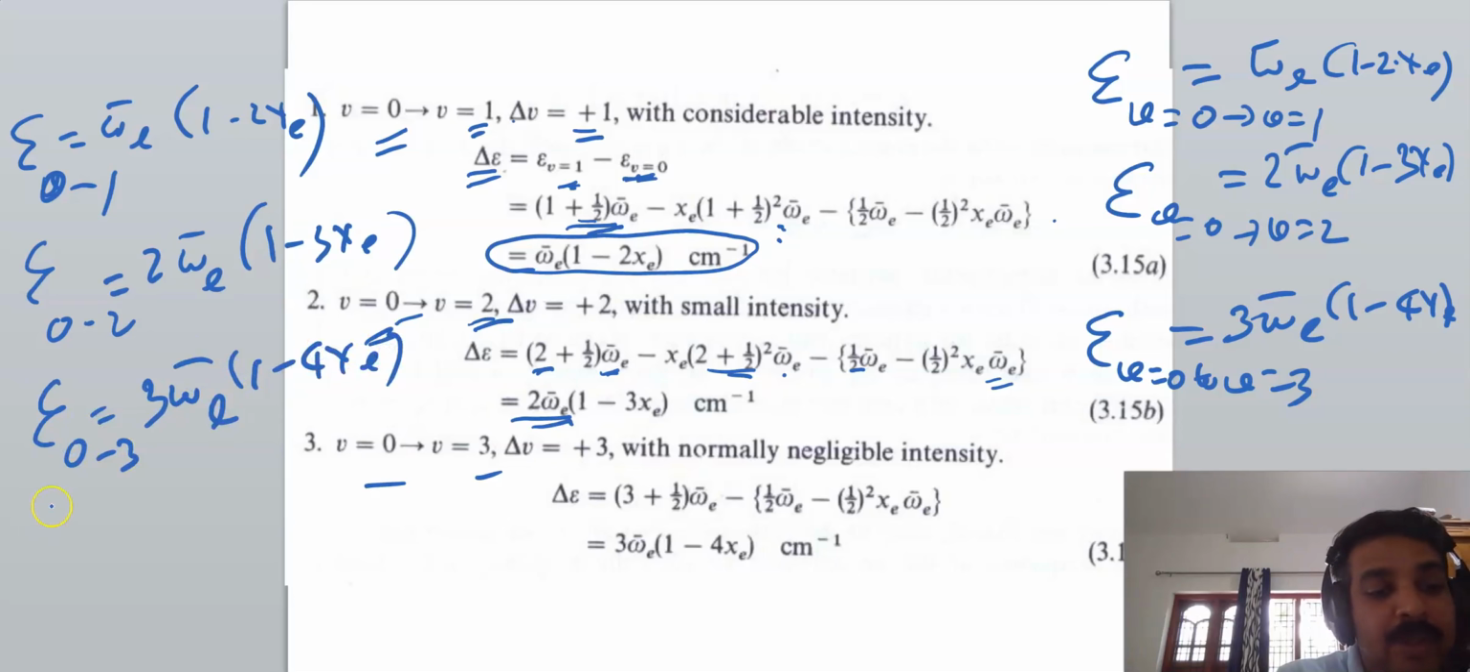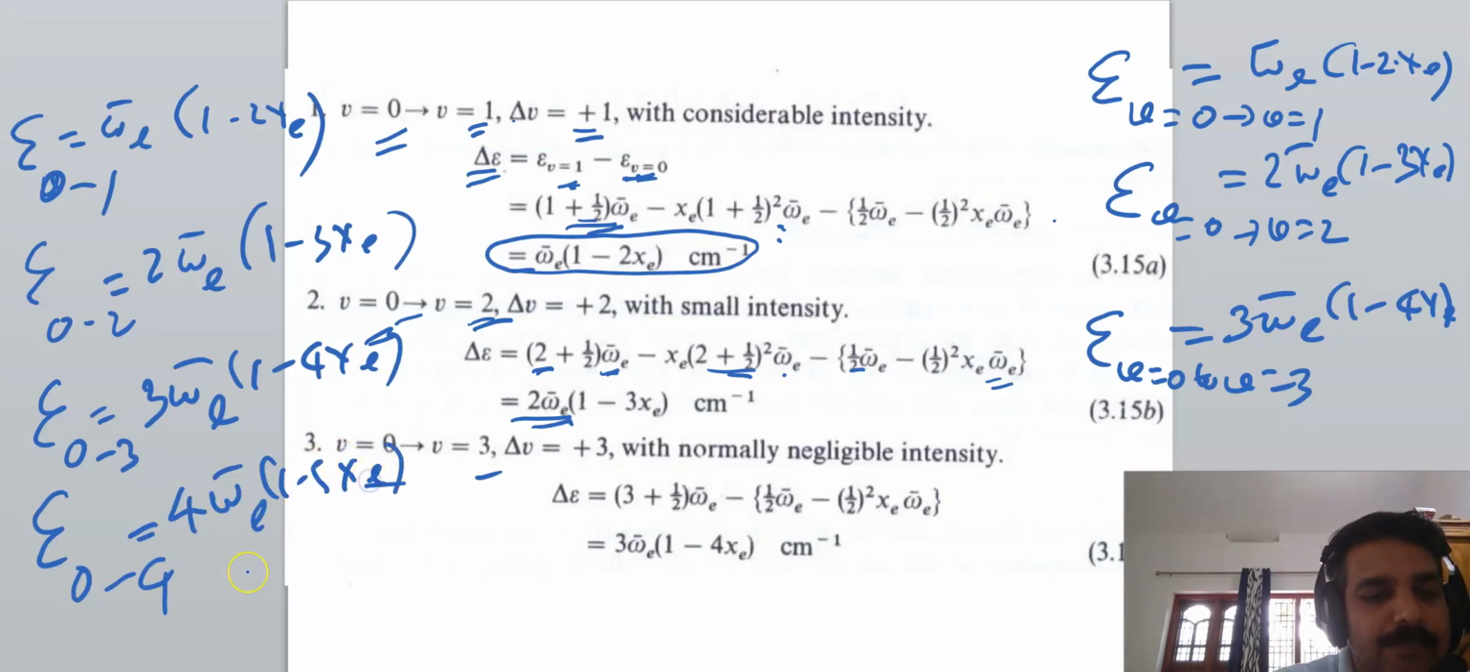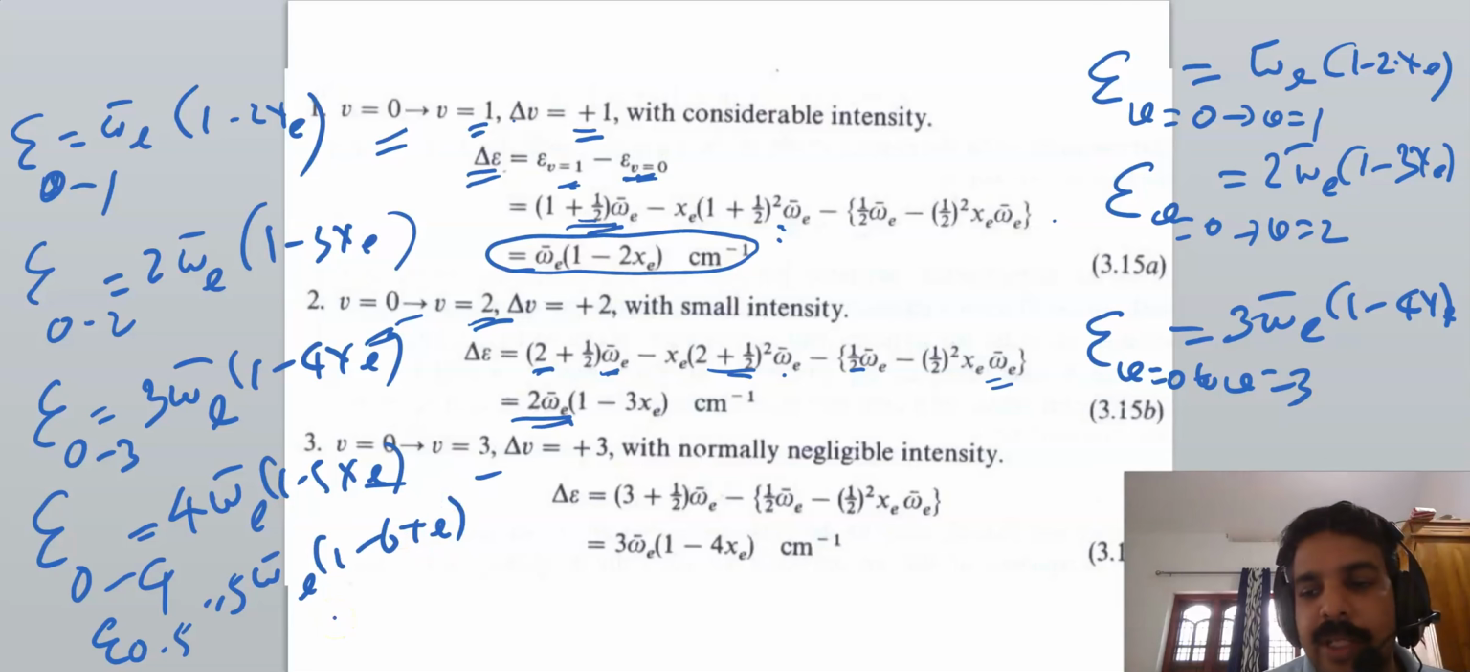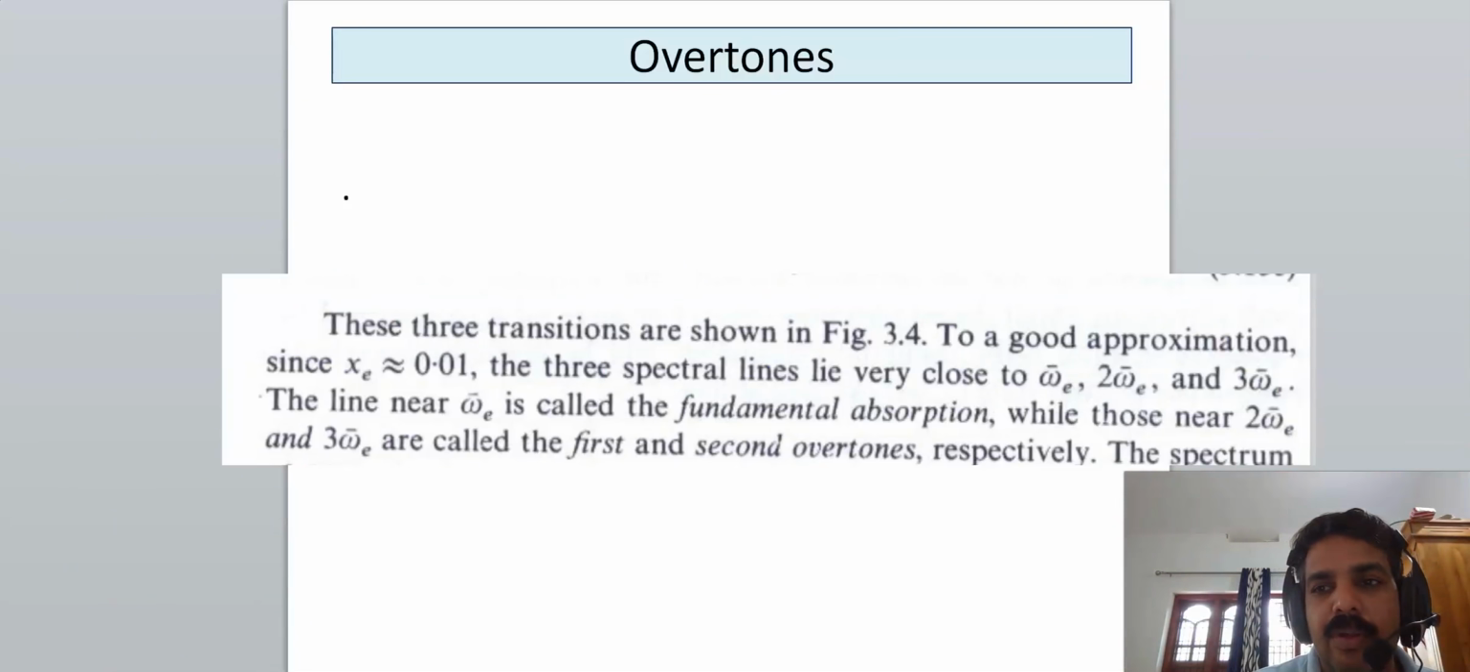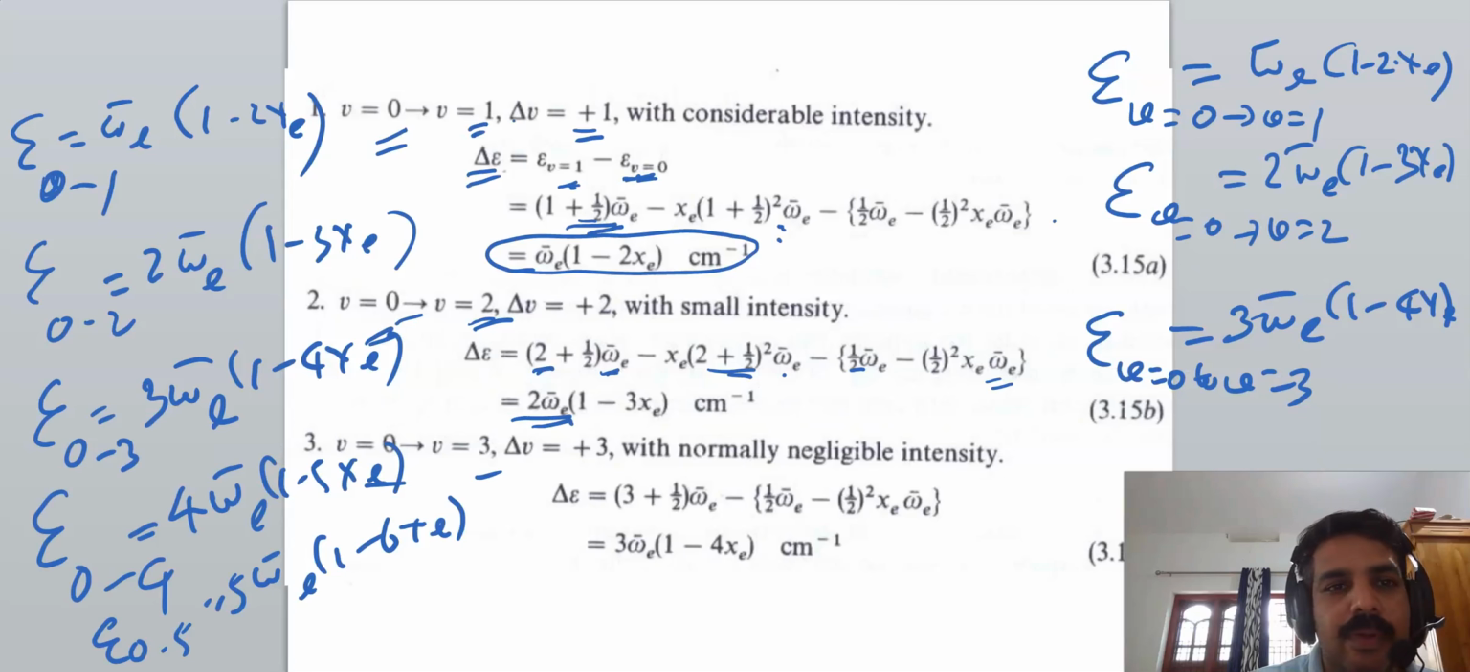For the third overtone, there is a pattern here, so we can simply write for 0 to 4, this is 4ω̄e(1 − 5xe). And for another transition, 0 to 5, we get 5ω̄e(1 − 6xe), like that. And for the hot band, I'm writing here, for the hot band,